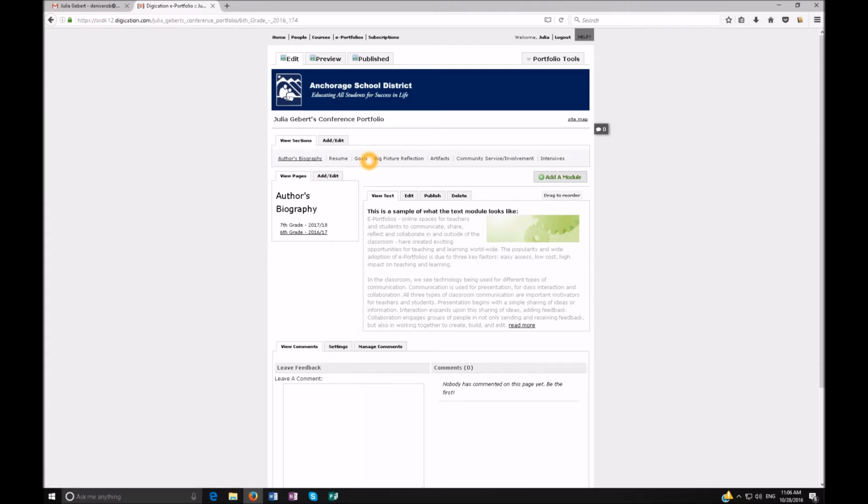So if you find author's biography, you can actually down arrow, and you will hear resume, goals, big picture reflection, artifacts, community service involvement, and then intensives. And it's easy to add another module if the teacher decides to add a module, and that is a button directly below it. So what we did, and the teacher has already set these templates up, is 6th grade and